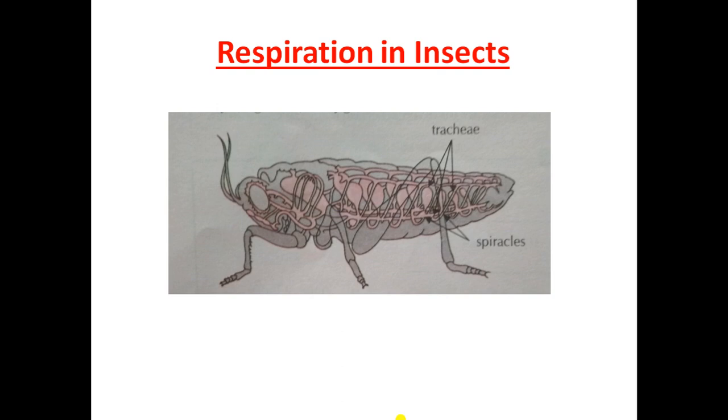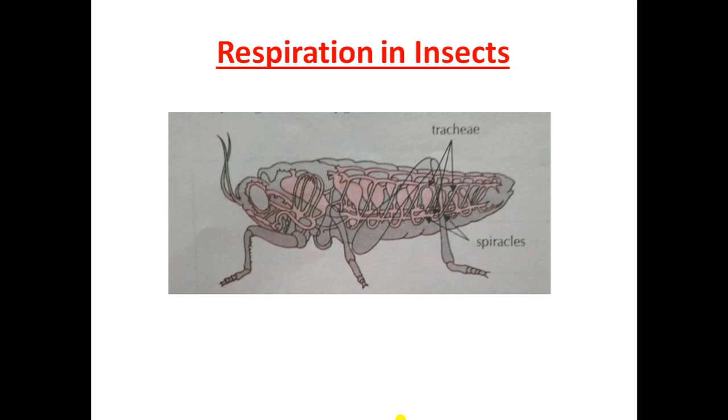Now we will move to the next one, that is respiration in insects. Look at the picture first. Are you able to see the pink colored network-like structure in this insect? Insects like grasshoppers and cockroaches have a respiratory system, and it consists of a network of thin air tubes, and we call these air tubes trachea. You are familiar with the term trachea as well, because in human beings, after the nasal cavity the air goes into a pipe, the windpipe, which we call trachea.